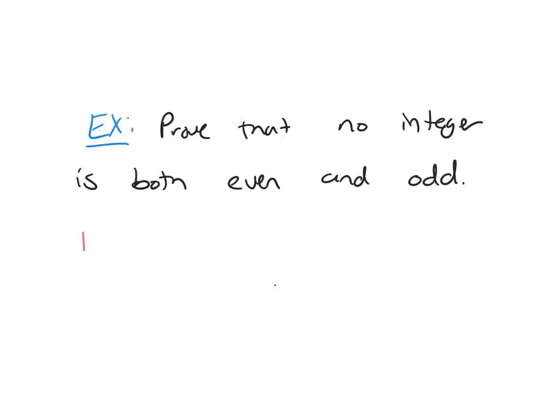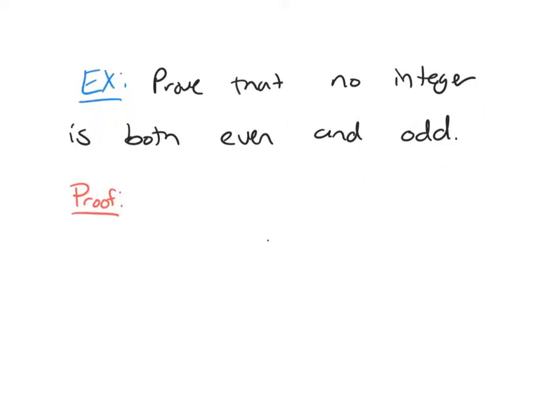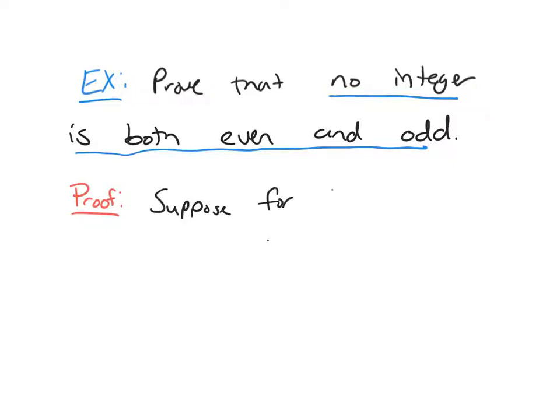So let's start out our proof. Remember how our proof goes. If we're doing proof by contradiction, we assume that what we're trying to show is false. So we're trying to show that no integer is both even and odd. If that's false, then there is an integer that's both even and odd. So suppose, for the sake of contradiction,